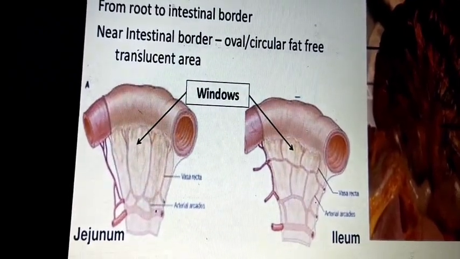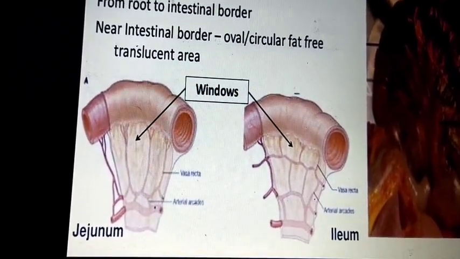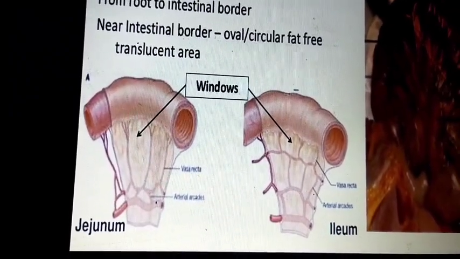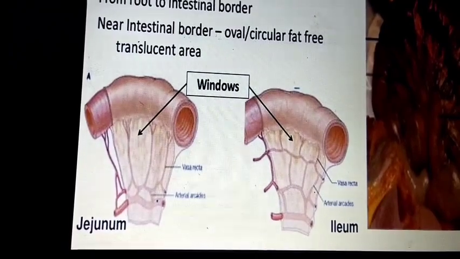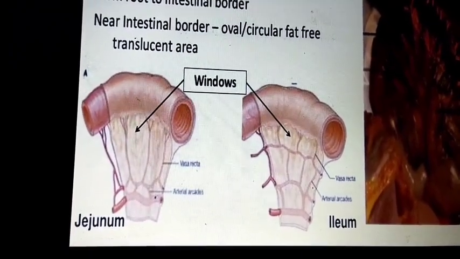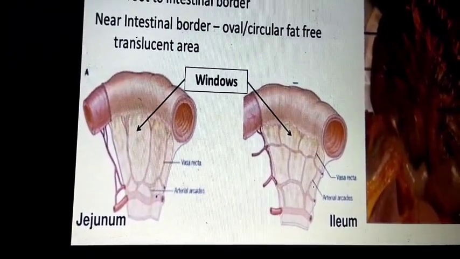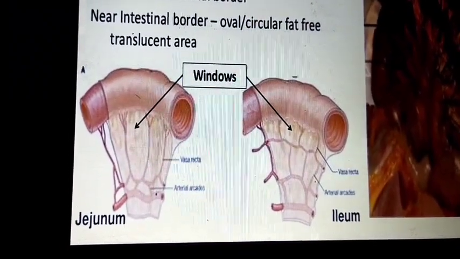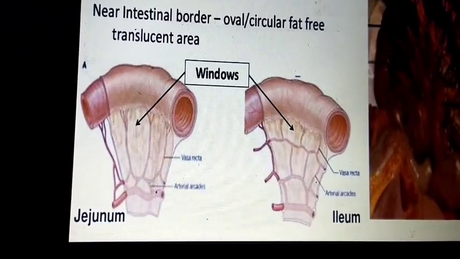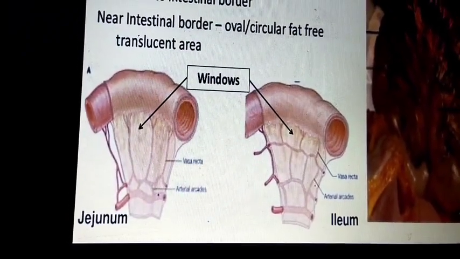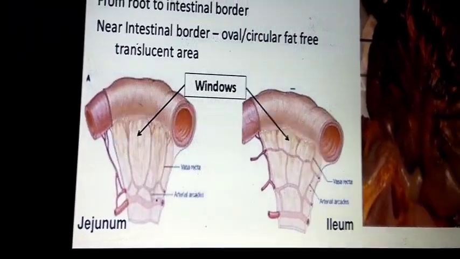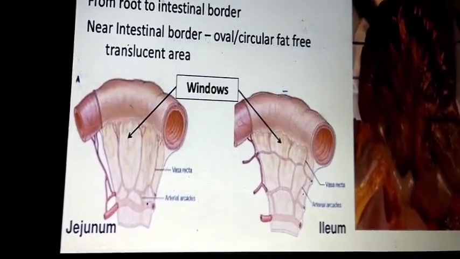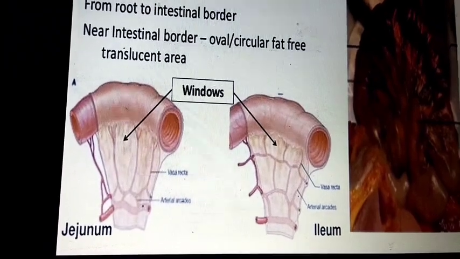Jejunum and ileum can't be differentiated by external features, as there is no demarcation between where the jejunum ends and the ileum starts. With the help of the fat, the blood supply, and the color, we can identify where the jejunum starts and where the ileum starts. It is very important.